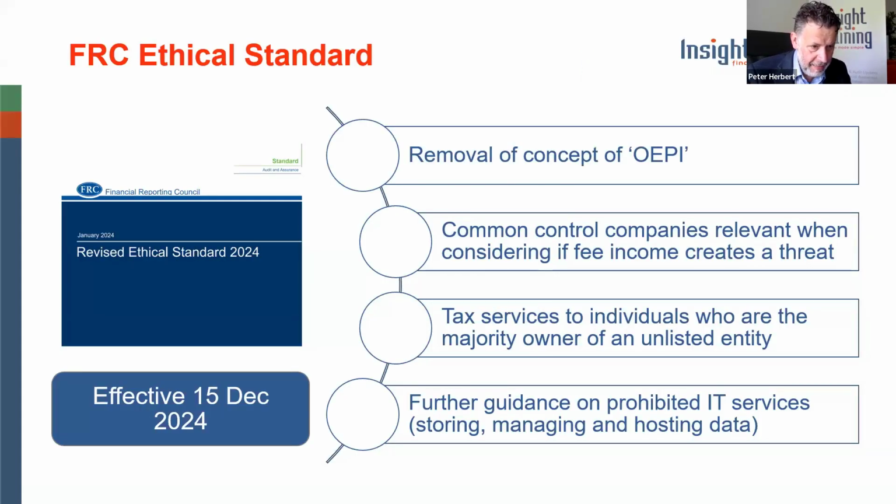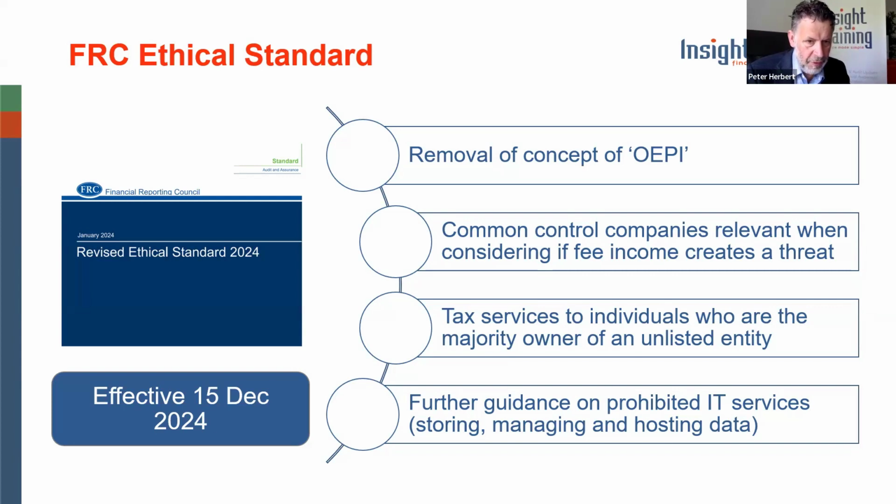So there it is. The revised definitive standard was published in January of 24, effective, as I say, from 15 December 24. The exposure draft or consultation draft published in August 23 pretty much reflected the final rules in the revised standard. There were one or two areas where there was a slight dampening down of the suggested proposals. But fundamentally, in terms of the way that this revision will impact on independent firms, there's kind of four